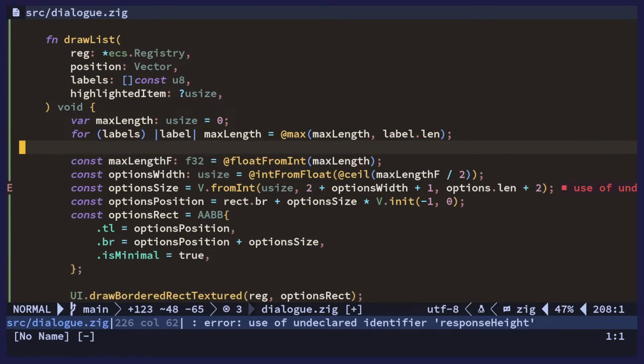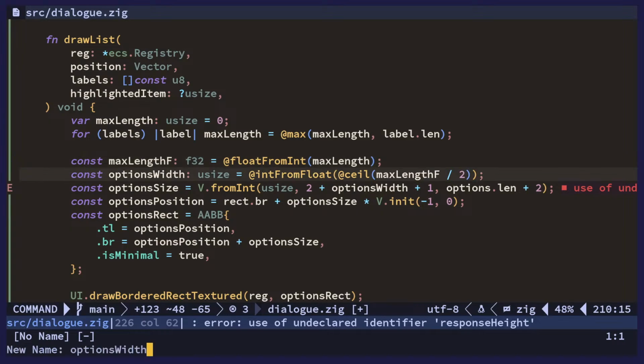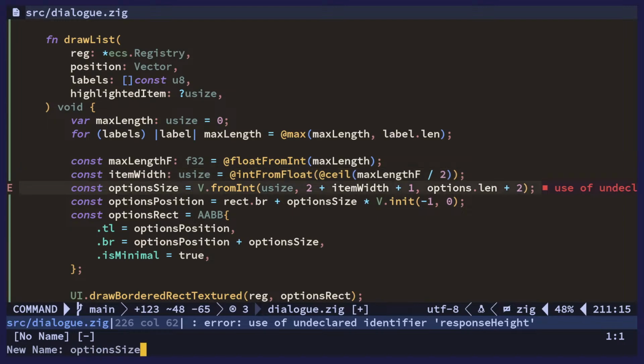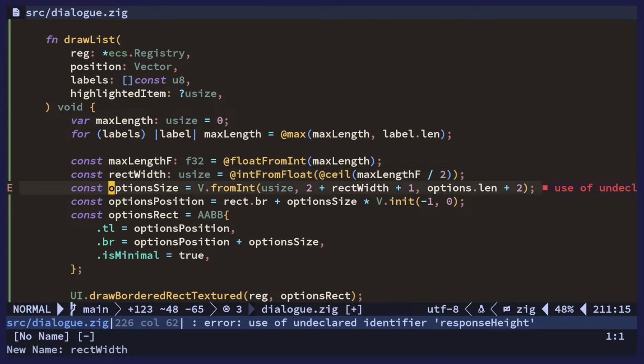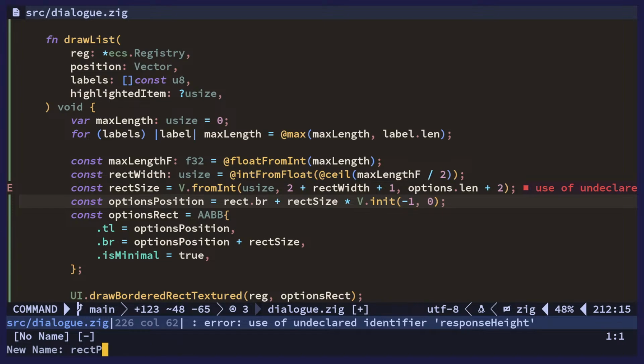Yeah. Okay. So we got max length. We've got the item width. This. Oh wait, no. This is the rect width, I think. Yeah. Rect size, rect position,